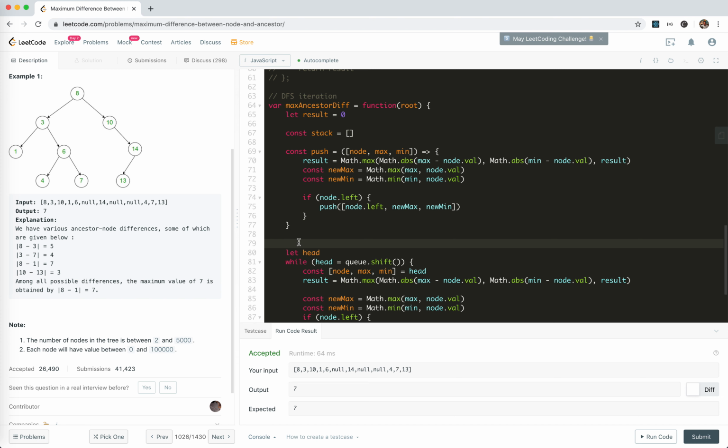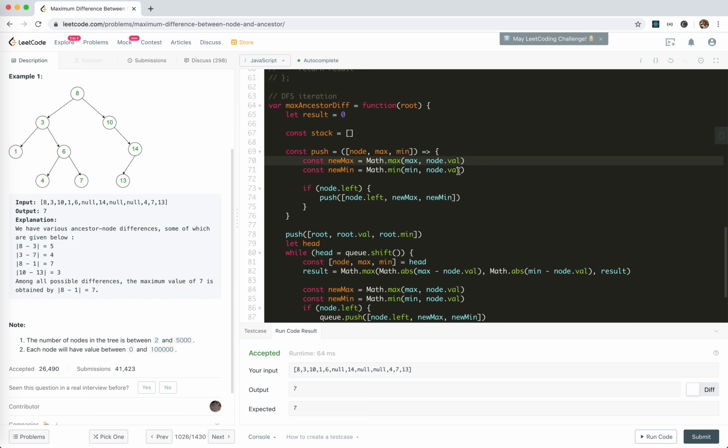Okay, so now we push the first one, right? Which is root val, root minimum. For the result, I think we don't need to do it now. We push this, and